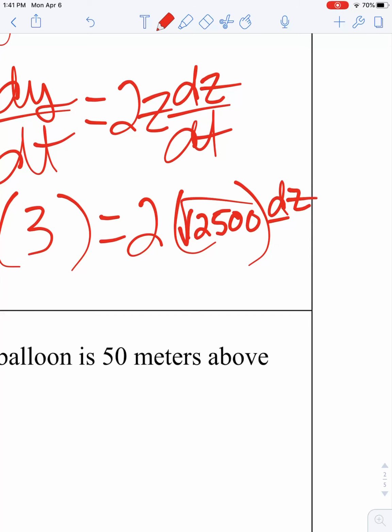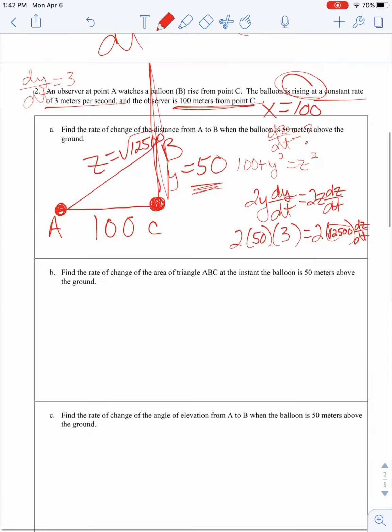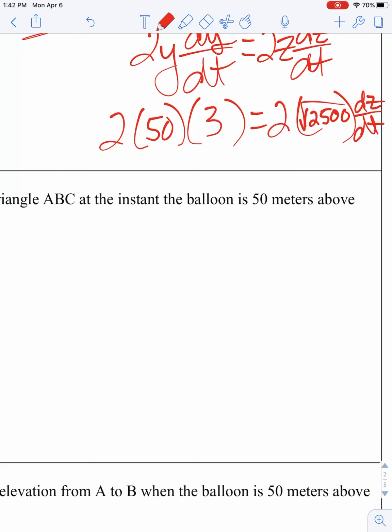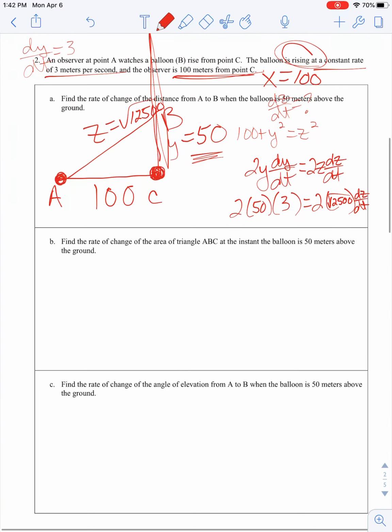dz/dt is what we're finding. Now I can just solve that for dz/dt. Act like that's a variable, and you solve from there. Okay? Using the same picture,